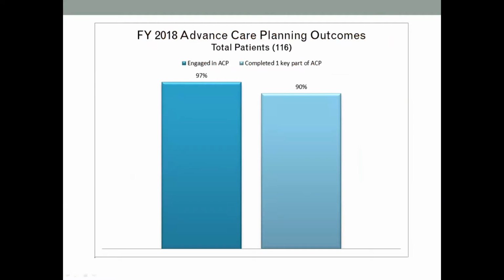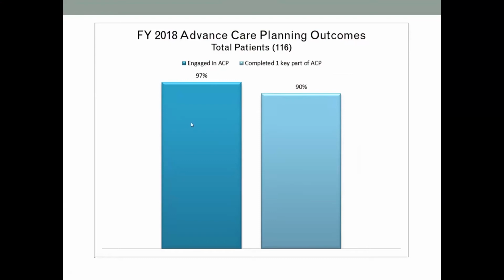And so this is some sort of unpublished data that we presented at CAPC, looking at some of our advanced care planning outcomes. So this, on the left-hand side, this is patients who are just willing to engage in some form of advanced care planning, even superficially. And you can see that the majority of people are willing to engage on some level, if even at least to explain the process, and to normalize this as part of routine care.